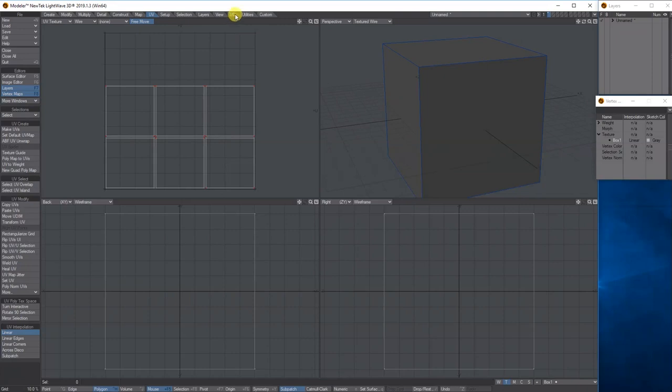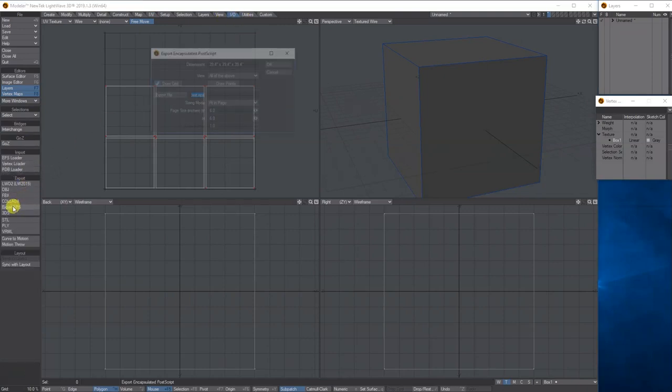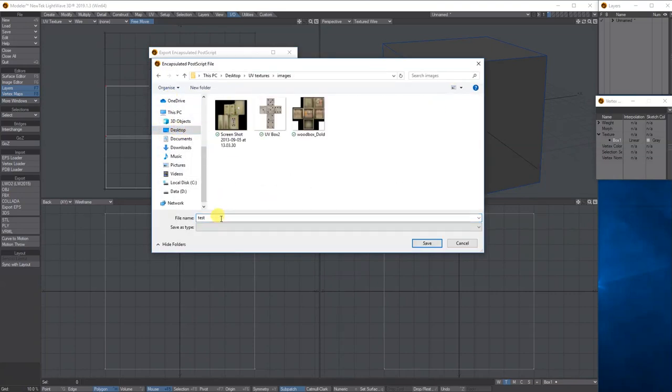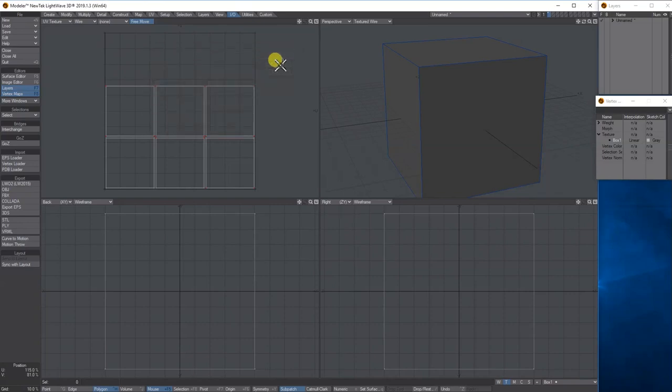So to do this, I'm going to go to the IO tab, go across where it says export and go down to EPS export. First thing, I don't want the grid, and I don't want all of the above because it will take all the panels. All I want is the UV panel, and then it's going to ask where I want to save it. I'm going to put it in my UV folder into images, and just call it box 1, because this is where the three textures I've collected that I'm going to use are. So I'm going to save my EPS into there, press OK.